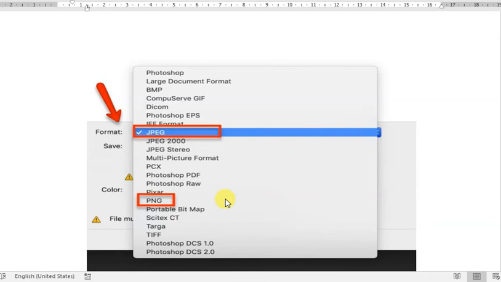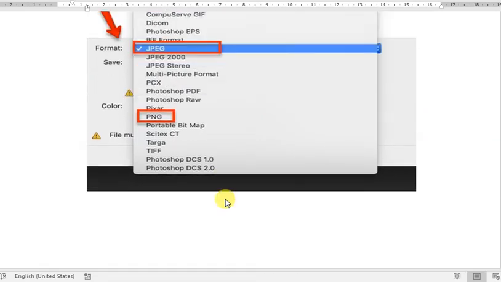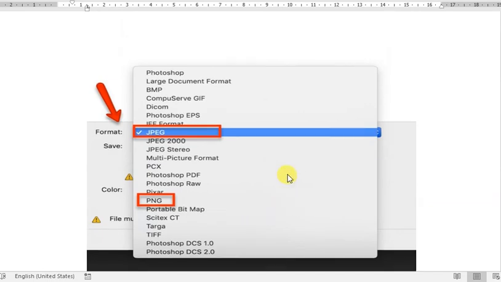Lots of formats are there, and then you can save your files. This is the most basic command of Adobe Photoshop.